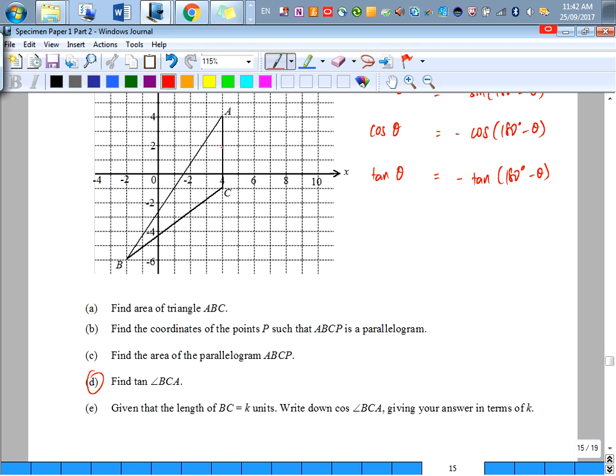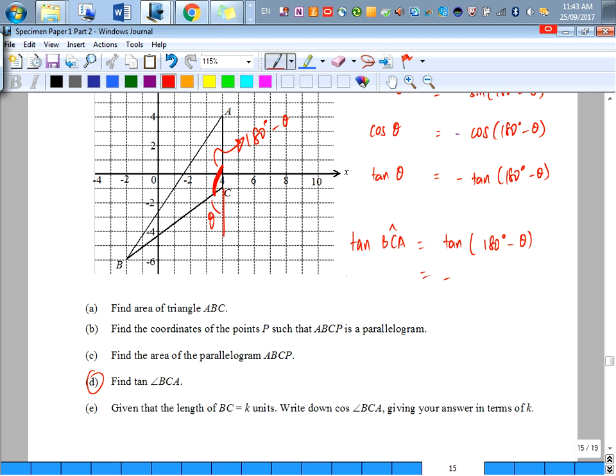Tangent BCA over here. I can call this theta. Tangent BCA is actually equal to tangent 180 minus theta, right? Wait. BCA is over here. This value is equals to 180 degrees minus theta, right? Follow me, Ipin? And tangent 180 minus theta is equals to,